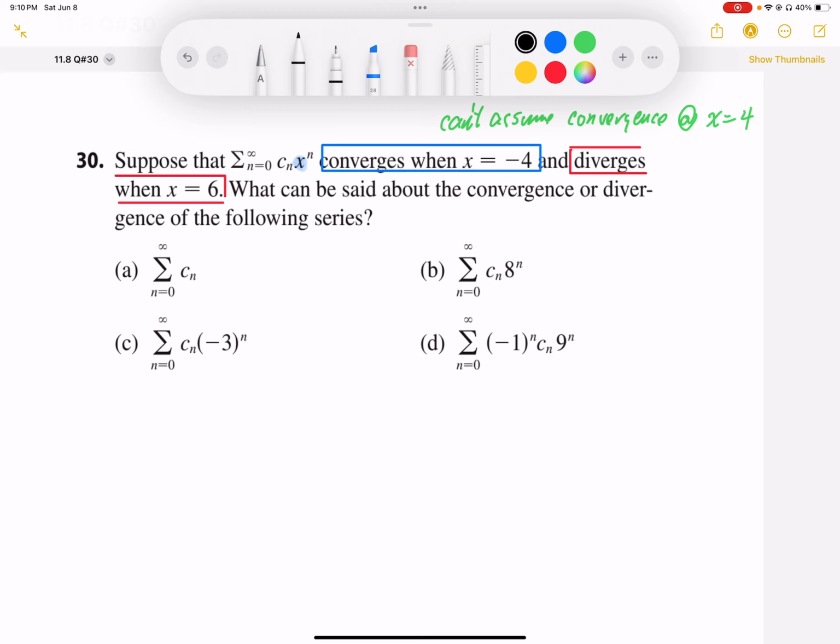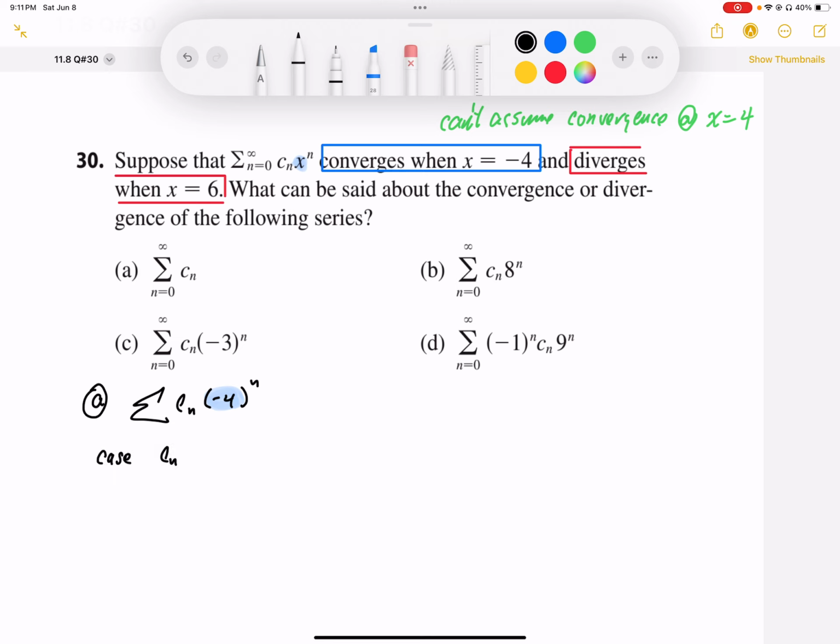Okay, so taking a look at 1a, we want to see what's happening with just the Cn. What we can do is this comparison. We know that Cn is going to be negative 4 to the n. We know that this is convergent the way it is. So we're going to look at a case where